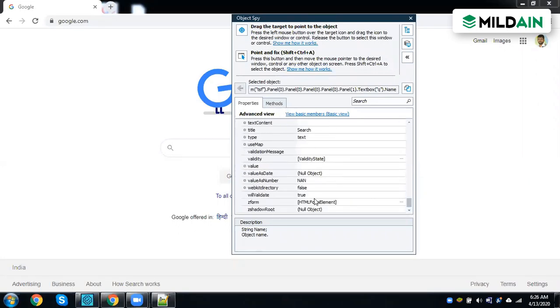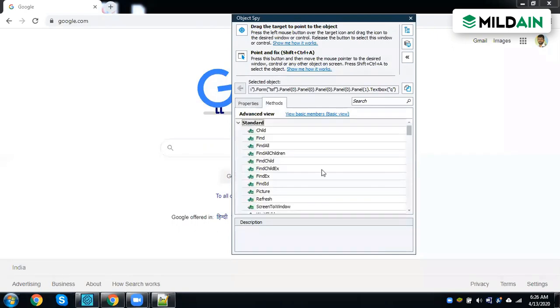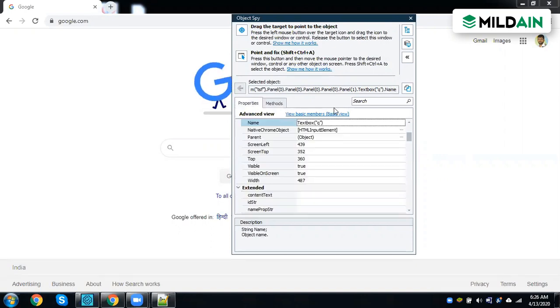This is the property and this is the value. Based on this, we are going to identify, and similarly the methods we get, all these methods we will be able to perform on this object.